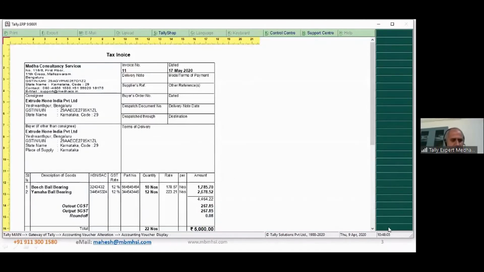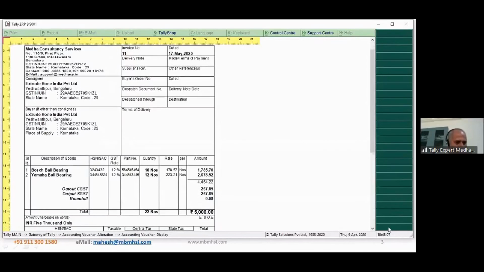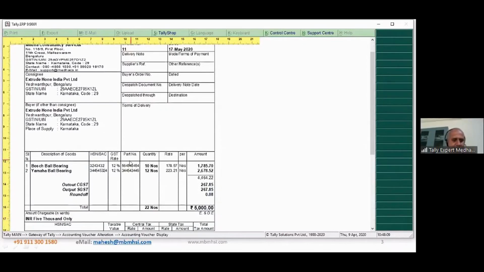See, on the screen you are also getting the part number, description of the goods, HSN code, GST, and the part number is also available. In some businesses, they identify by part number. In some businesses, they identify by name, description of the goods.